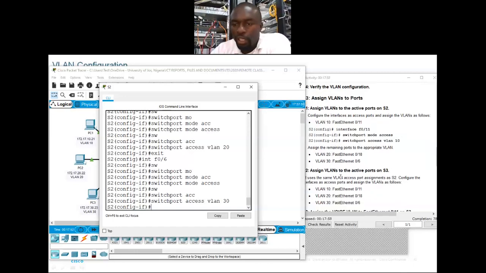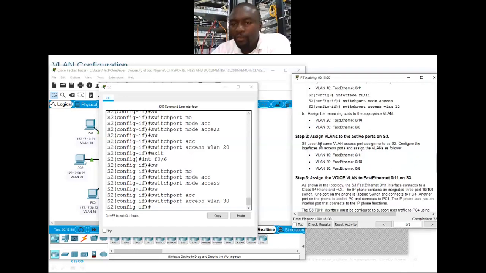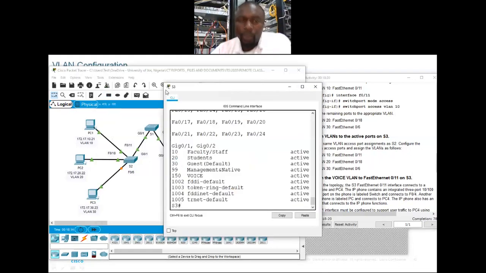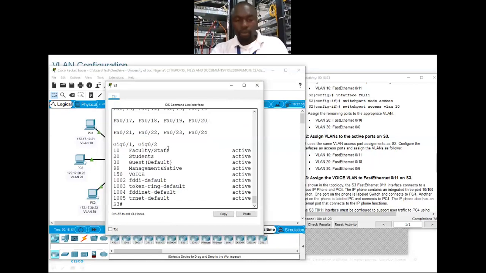So it says we should assign VLANs to switch 3. Use the same access port management on switch 2. Configure interfaces as access ports and assign the VLAN as follows. All right, this is now switch what? 3. So we go to switch 3, config terminal,